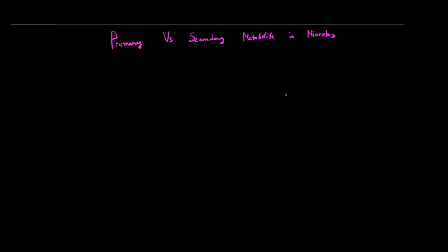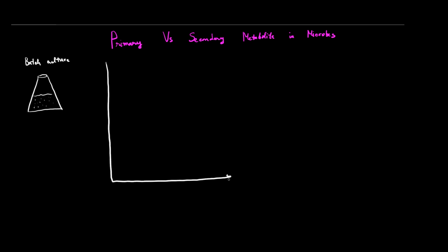This video introduces the differences between primary and secondary metabolites found in microorganisms or in microbial cultures. As you already know, if we have a batch culture of some microorganisms, these microbial cells will undergo different growth phases,